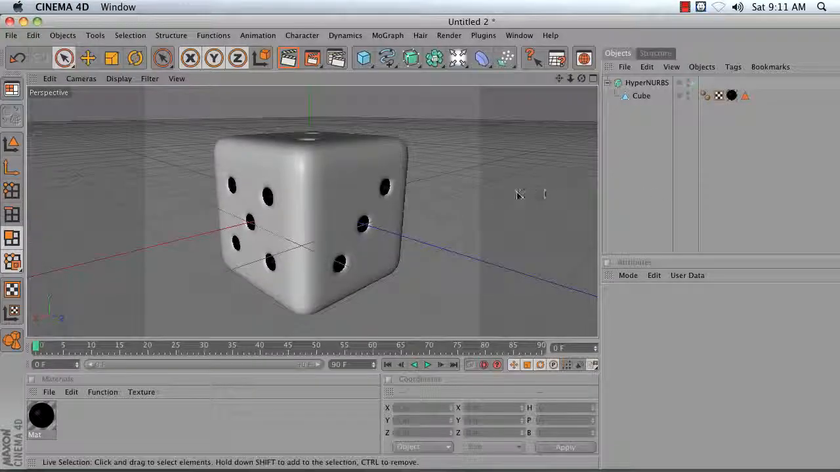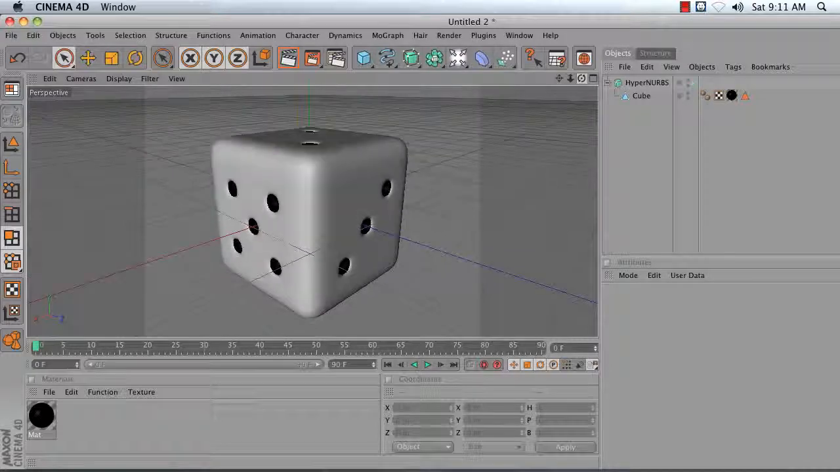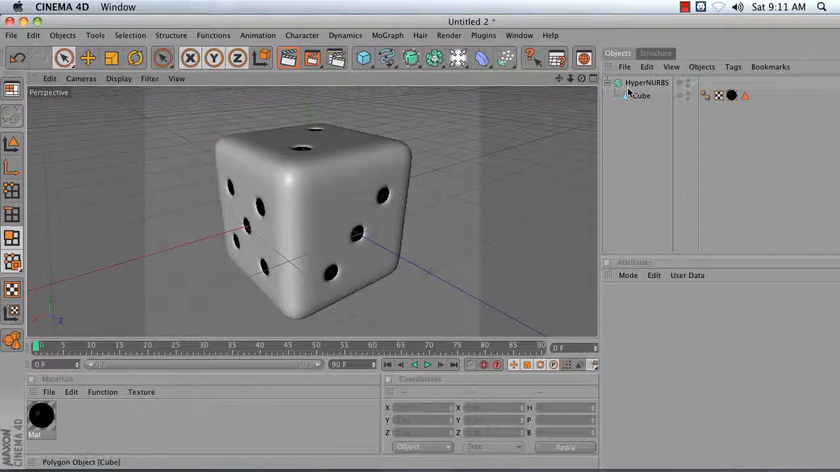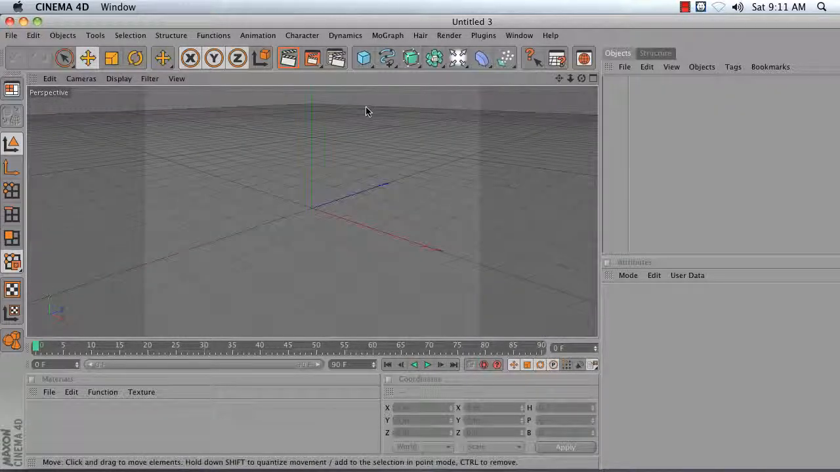In this video, I'm going to show you how to model a six-sided die using the polygon modeling tools in Cinema 4D and the HyperNURBS object. To begin, create a new scene. Go ahead and add a cube to your scene